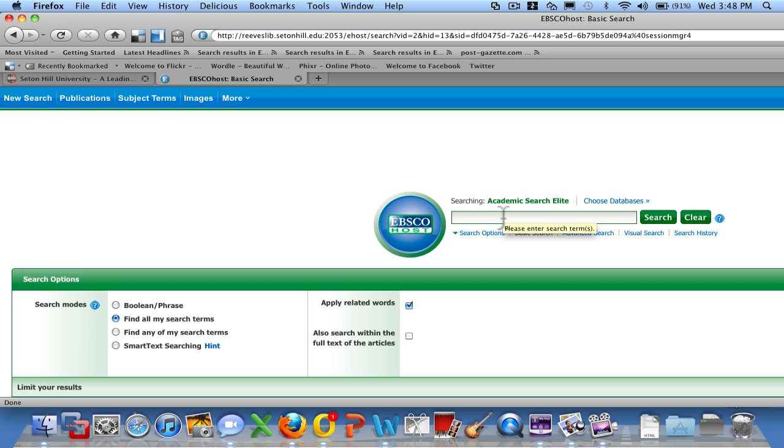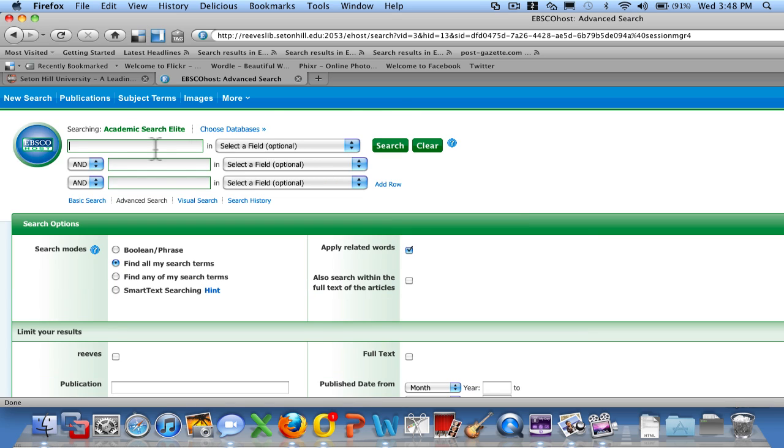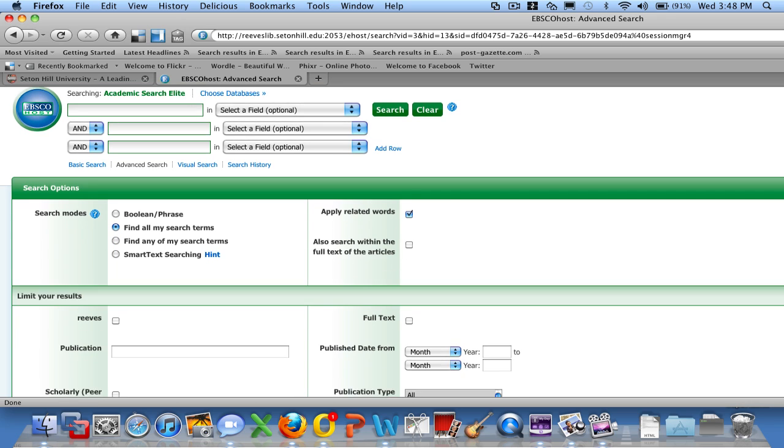The first thing I always suggest that someone do when using EBSCOhost is not to use the first search page, but to choose Advanced Search. And the reason for this is, as you can see, there is one space for entering your search information. If you choose Advanced Search, you have multiple spaces, and as you can see, you can add additional rows. It also gives you the opportunity to make other selections for your search. So if we scroll down here,